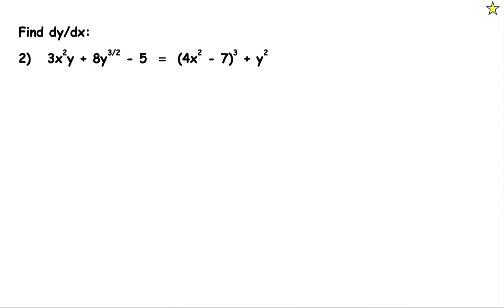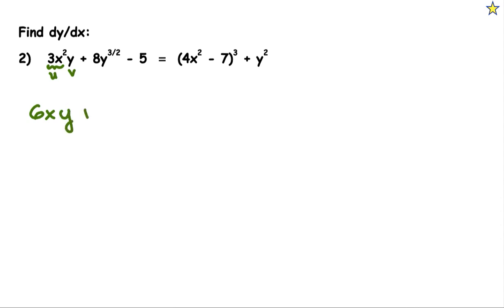All right, find the derivative of y with respect to x, dy dx. And x gets the respect. It's the correct letter. Everything else is the wrong letter. All right, what's the derivative of 3x squared y? Oh, I'm so sad that you asked, because that is, you guessed it, a product rule. u prime v plus u v prime. I think I'm going to call the u the 3x squared, and the v will be the y. So u prime v is going to be 6x, and then just v, which is just the y,